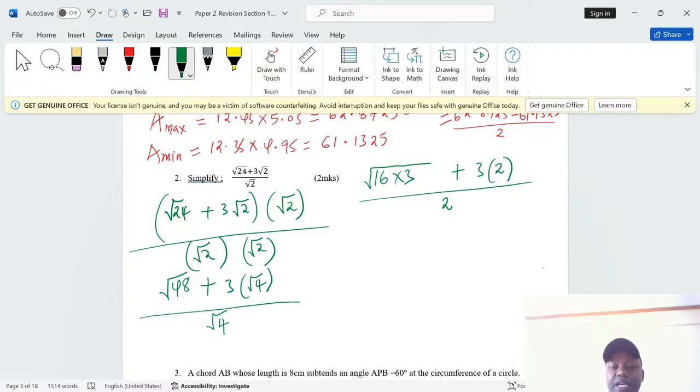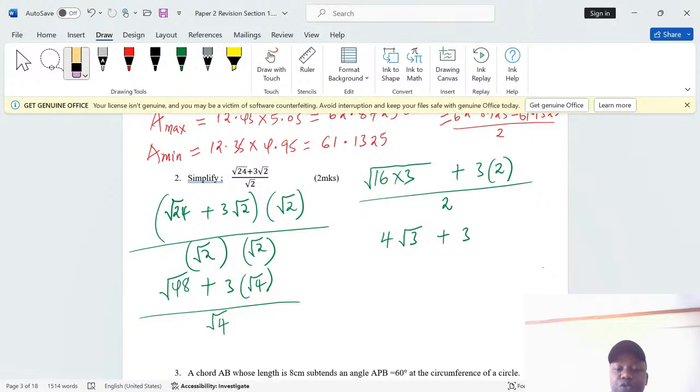Therefore, we have already rationalized the denominator. The square root of 16 times 3 means that the root of 16 is known, and that is equivalent to 4, but the square root of 3 is not known. Plus 3 multiplied by 2, we can just go directly to the value now, which is 6, then divide by